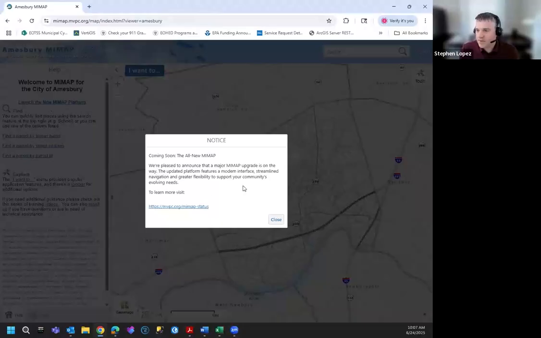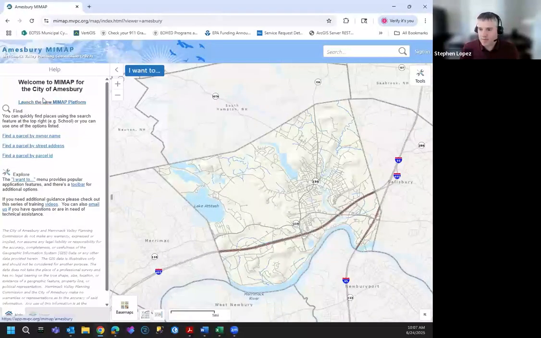So this is the new version of MIMAP. You'll see we have a little notice here just popping up that we're in the midst of transitioning to this. We have this link here to the page where you can actually get a link to all of the new MIMAP URLs and any additional information we have. So if I close this, you'll also see now that every one of these applications has this launch the new MIMAP URL button. So you have access to this now. It's public, it's available, but we're not making the switch permanently right now. We're really looking at doing a bit more of a phased approach.